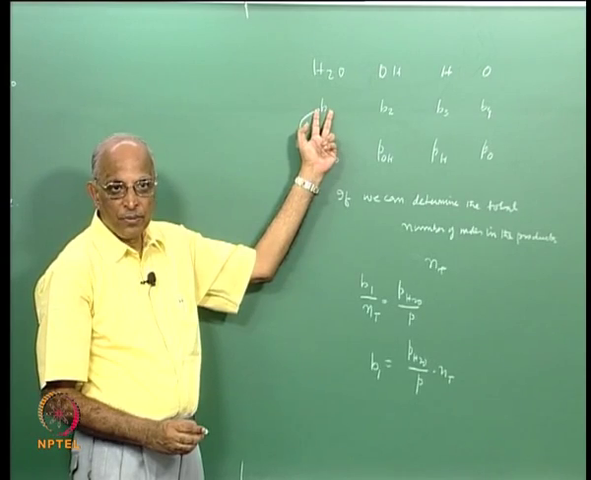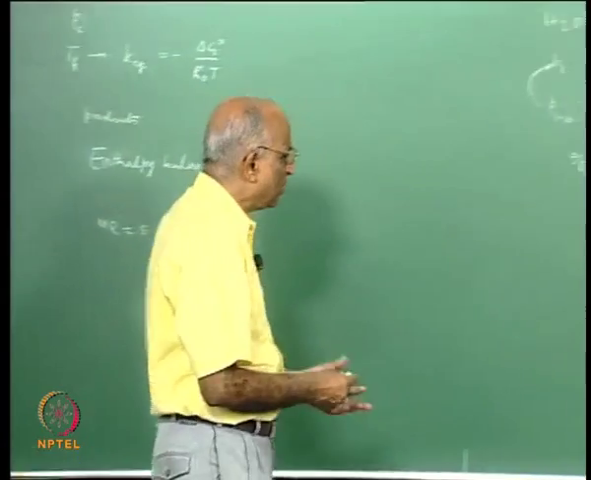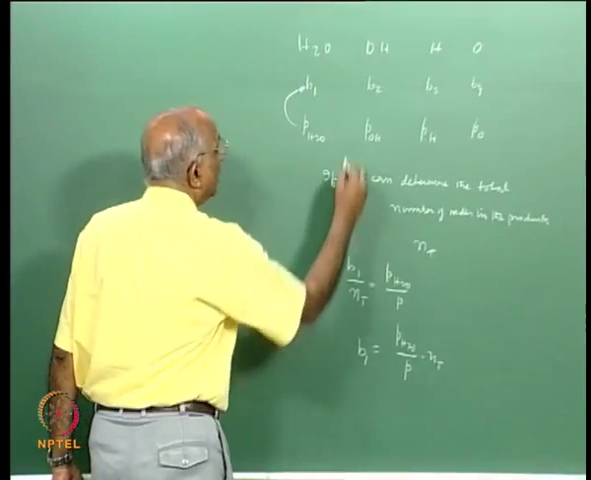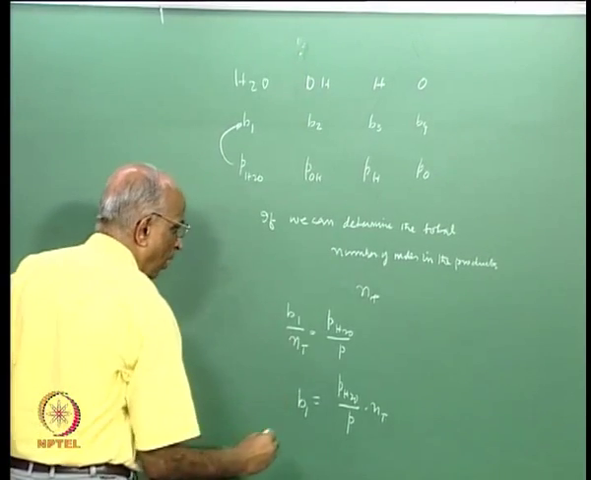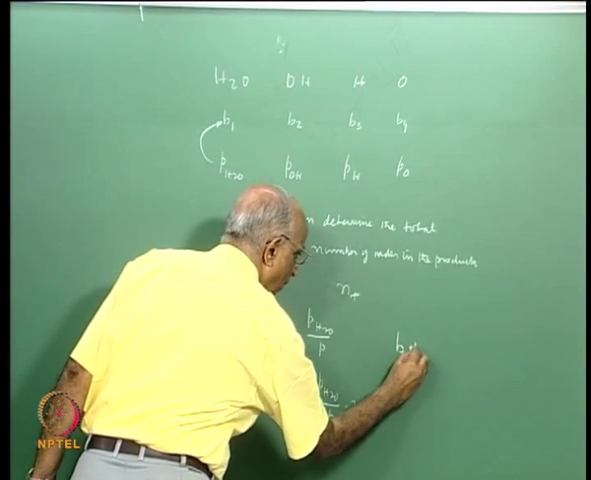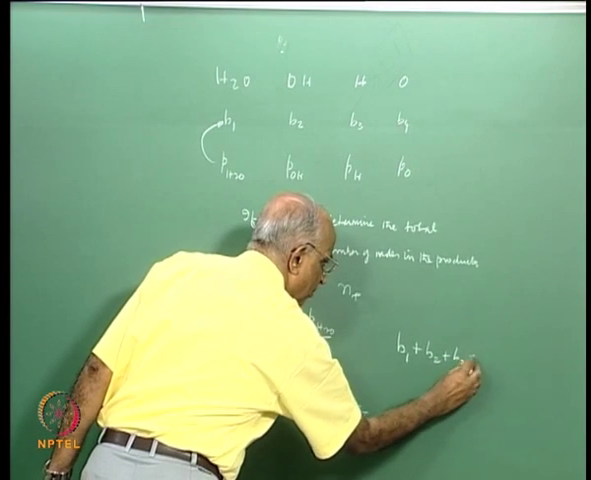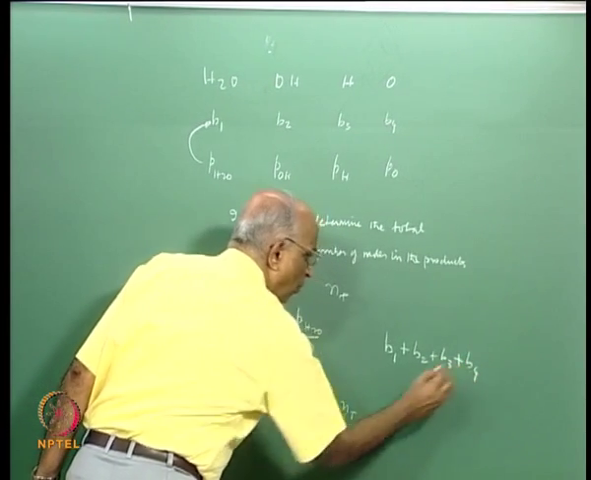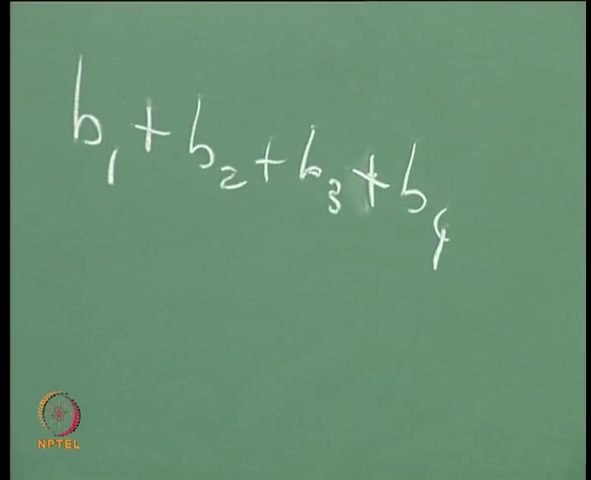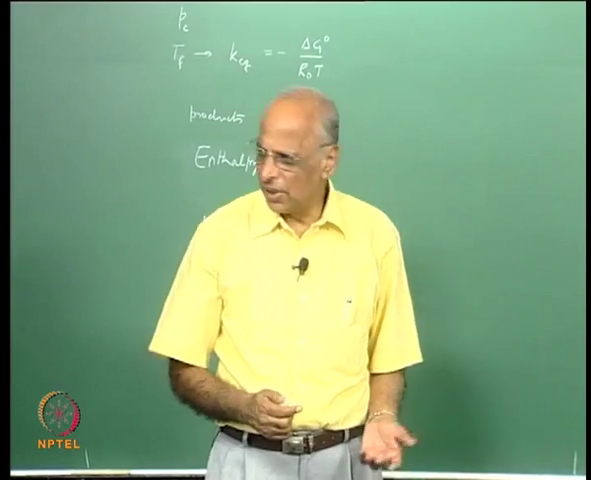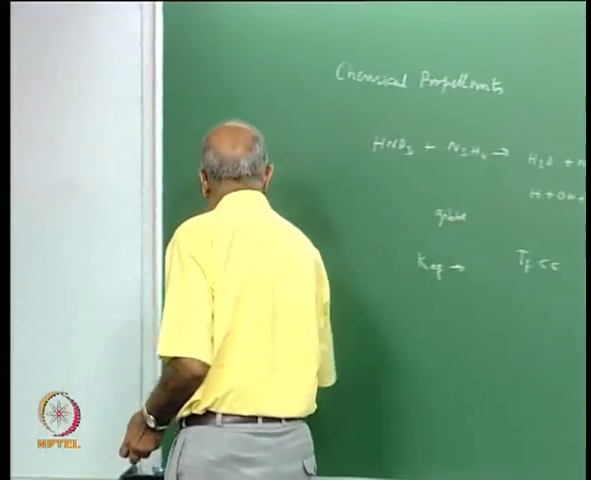Is it all right? Now, to do that, all I know is that the total number of moles in the products according to this relation is B1 plus B2 plus B3 plus B4, but I still do not know the value of B1, therefore the total number of moles is not known. Therefore, we make an assumption: let us assume that the reaction is stoichiometric,